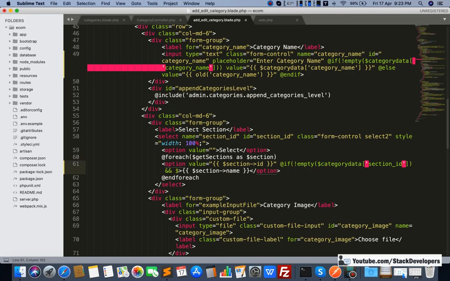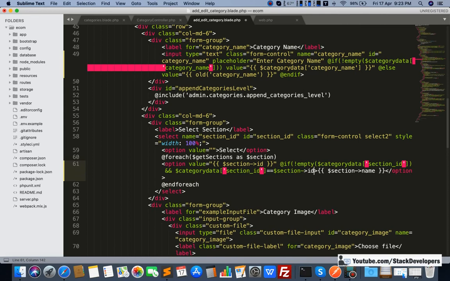Okay, ID must be equal to $section for whatever ID we are getting from here. Okay, section ID like this. Okay, so now this one we can close, and this one we are going to select it, then end if.